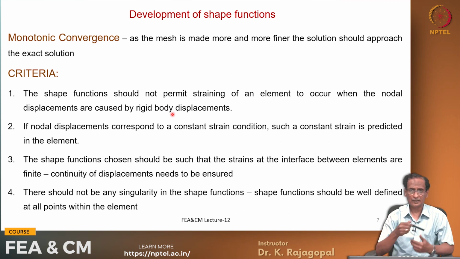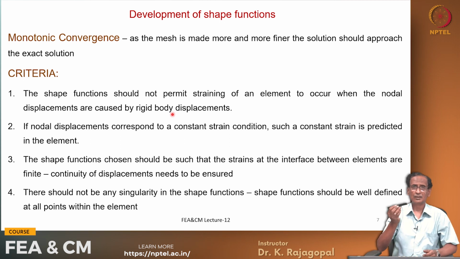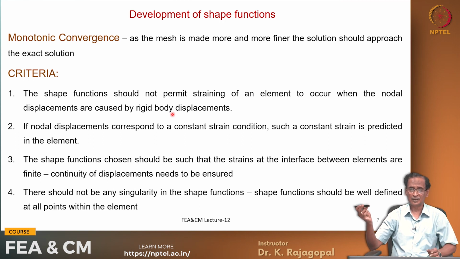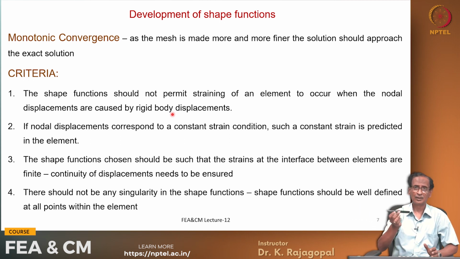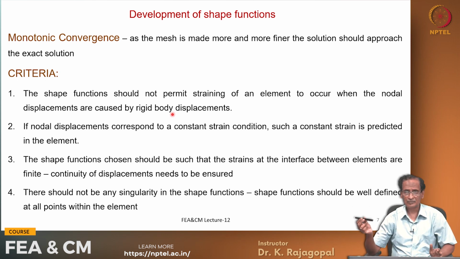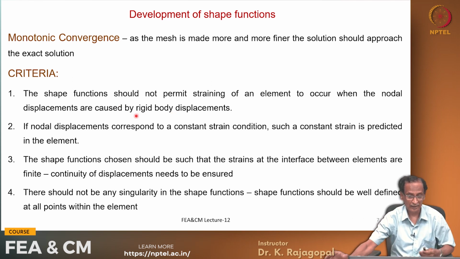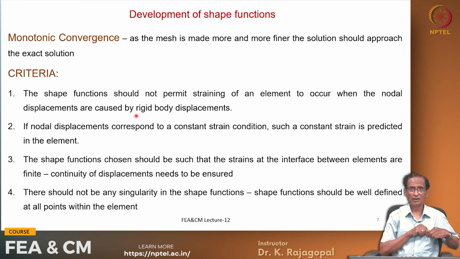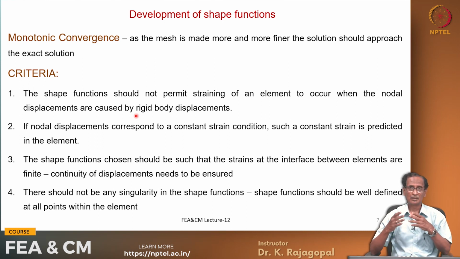That is what we had seen earlier. So, if this pen, whether it is here or here, there are no strains or stresses within the pen, because it has undergone only rigid body displacement, like all the points on the pen have undergone the same displacement. That means there is no relative displacement between 2 points on the pen, or no strains, and if there are no strains, there are no stresses. That is what we mean by the first condition: